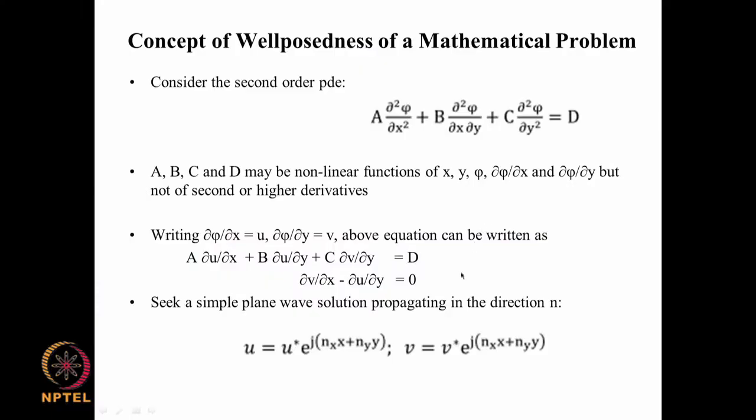So here we are looking at a general second order partial differential equation. We have converted it to two first order equations, and we are looking for a plane wave type of solution of this particular form. You have u and v. u is given in terms of u star times a travelling wave travelling in the direction n with direction cosines nx and ny, and similarly v is also travelling with an amplitude and a direction of propagation like this. So if these were to be solutions, when we substitute this into this, we should be able to get